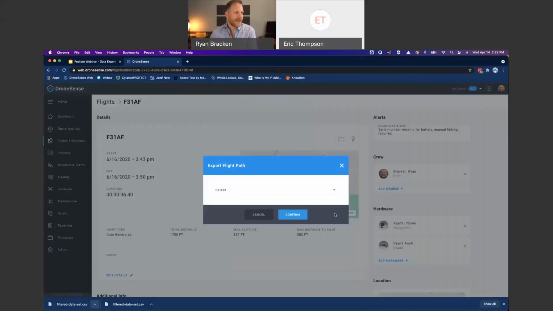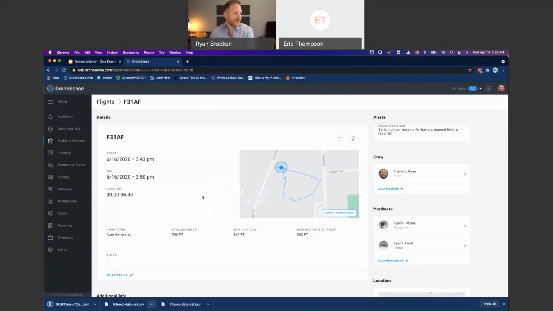And so we hit export flight. And now we're going to export that KML file and hit confirm. And again, just like the CSVs, as soon as you hit confirm, it's going to pop out. Now, this is kind of like a token. It's a tag. It's not a terribly human readable